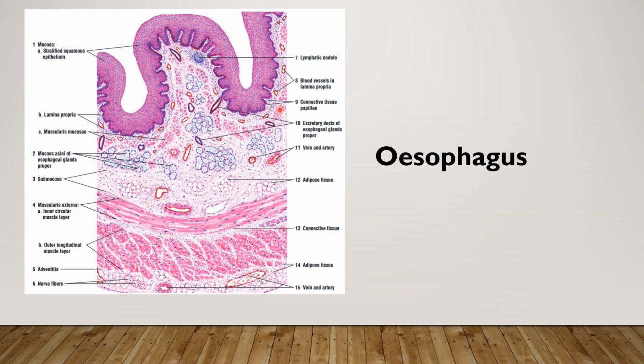So already I told mucosa means lining epithelium, supported by connective tissue and a layer of smooth muscle called muscularis mucosa. In case of esophagus, it is longitudinally placed. So now this is the mucosa of your esophagus. So easy to identify. If any luminal structure has stratified squamous non-keratinized epithelium, next you have to see for